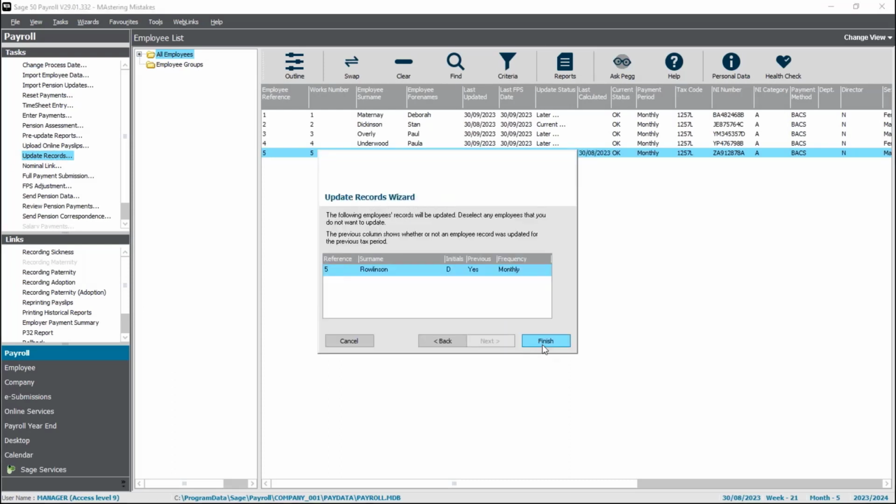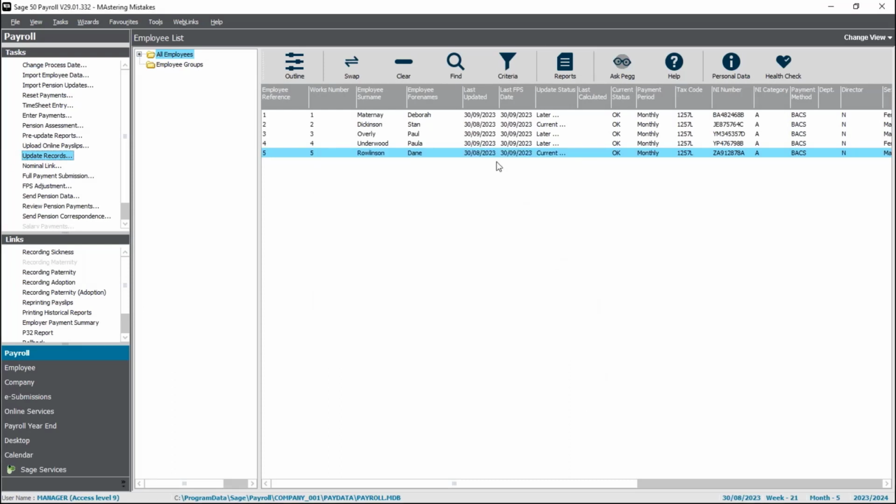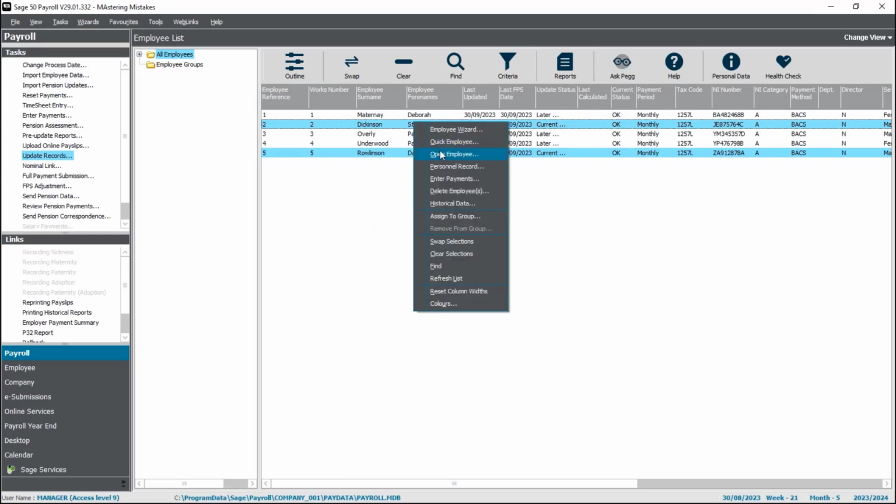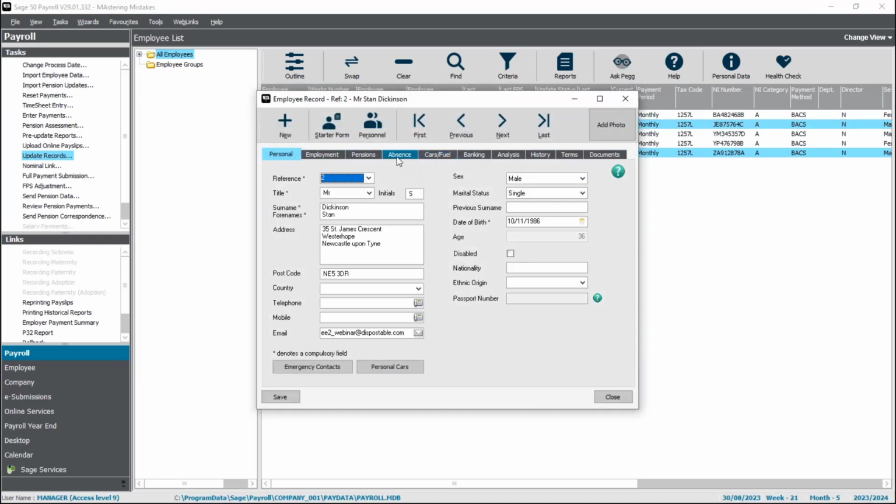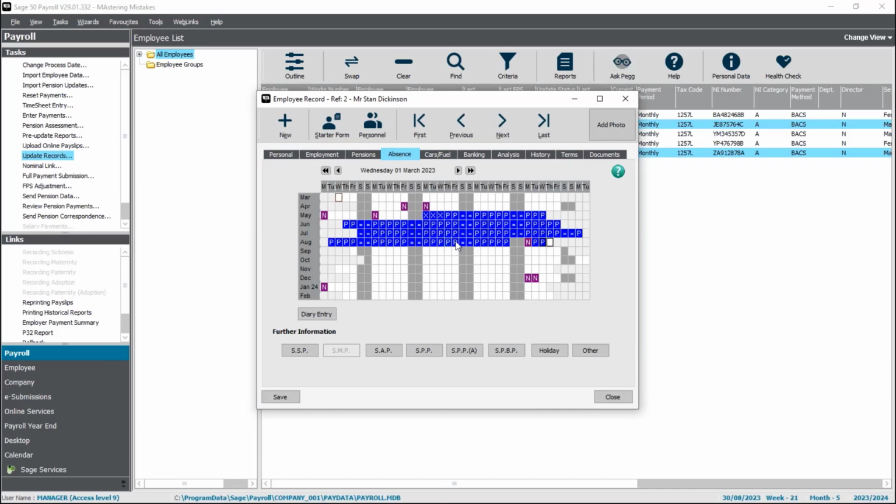Click yes, finish. So before we do September's again, you can see we're last updated in August. Remember, we have Stan here. We need to reprocess Stan's sickness. So let's open up their employee, go into the absence tab. You'll notice the sickness that was in September is no longer there because we've rolled back, so it was undone. Now we can re-enter the sickness for the full month of September. There you go. Press save